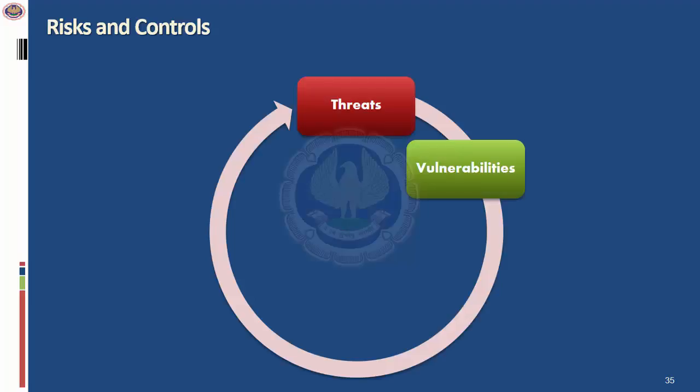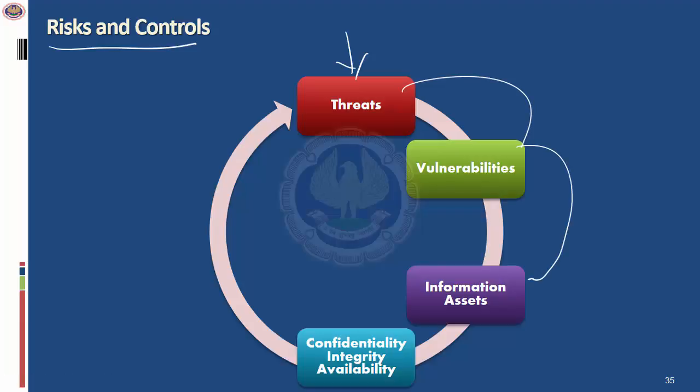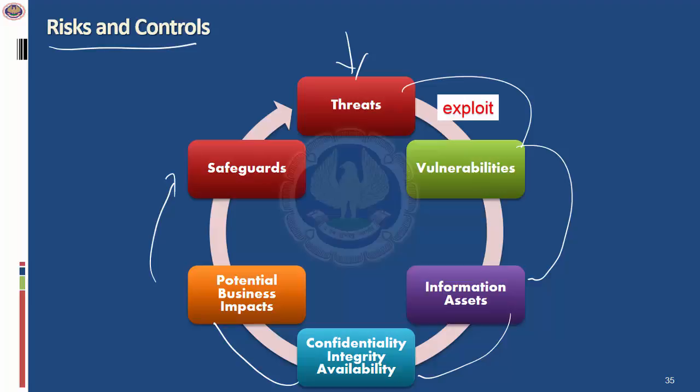Now this slide is very important because this will give an overview of the relationship between the risk and the controls. So we know there are various types of threats. These threats will lead to, there are also vulnerabilities, and the organization also has information assets. So you need to protect these information assets by having the right level of security. And if the risk materializes, there's going to be a big impact on the business, and you need to have the right level of safeguards. So now this is the relationship. Now let's understand how they're related. The threats exploit the vulnerabilities. We have already seen this.